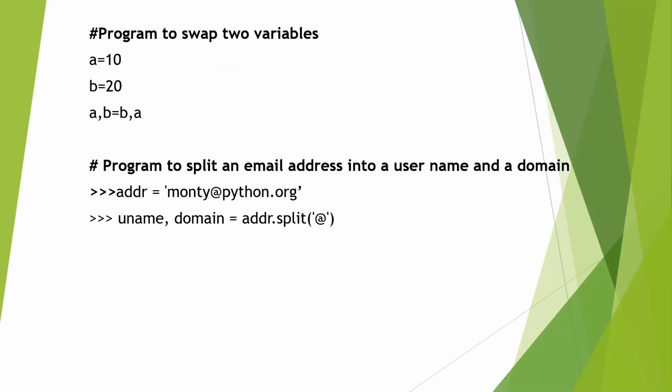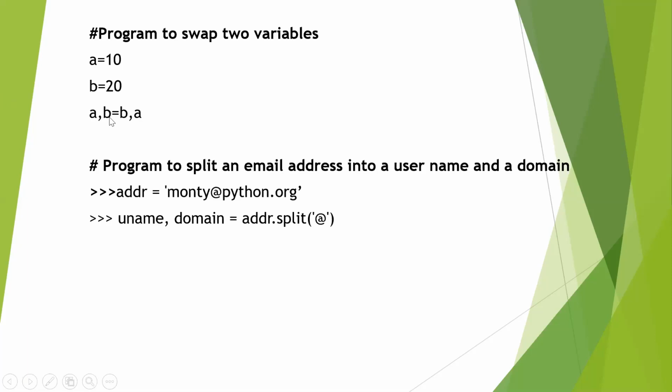Now, how do you use this? Say, for example, you want to swap two variables. So I have two variables a and b, which contain the values 10 and 20, and I want to swap them. If you had to swap this in other programming languages, you would create a temporary variable, or you would use addition and subtraction, and then you would swap it. So the easiest way of swapping here is a simple application of tuples in Python. All that you're doing here is assigning b comma a to a comma b.